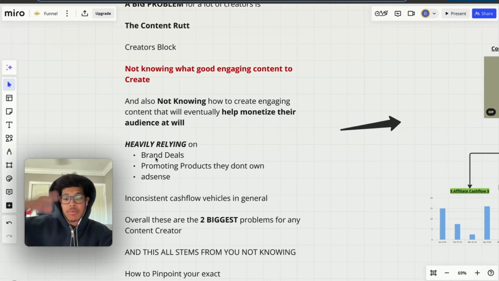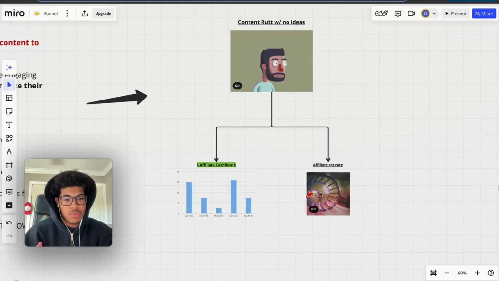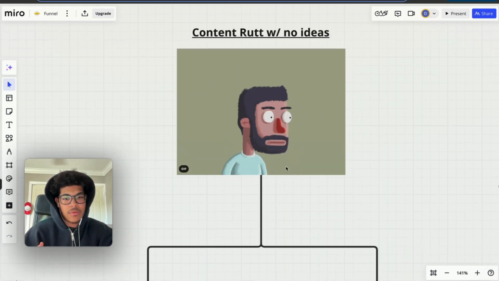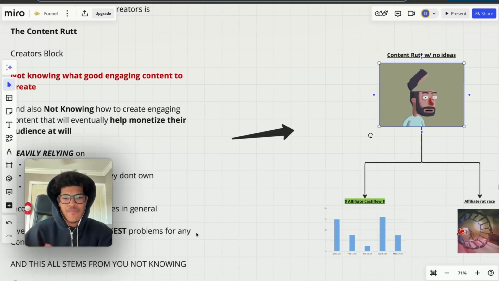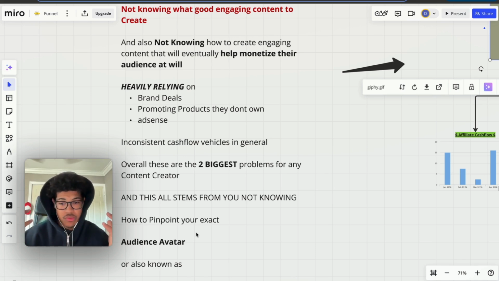You guys heavily rely on the brand deals, promoting products you don't own, AdSense. You know, the affiliate rat race is an inconsistent cash flow vehicle, hands down. Like, you're on the wheel right here, bro. This is you. If you're relying on affiliate deals, like, literally, why are you doing this? It's inconsistent, right? Overall, what I've seen, these are the two biggest problems for content creators in